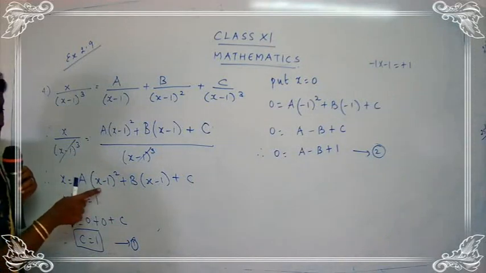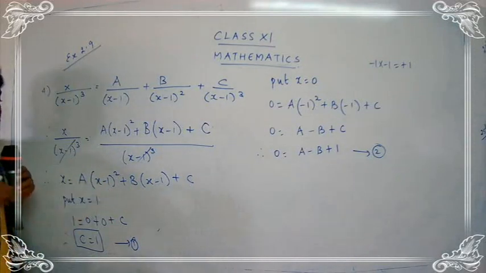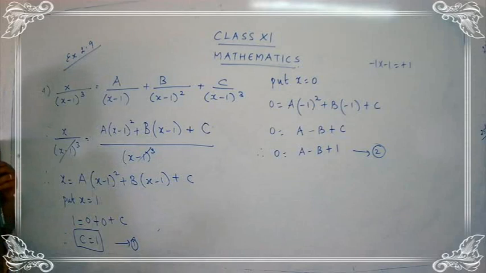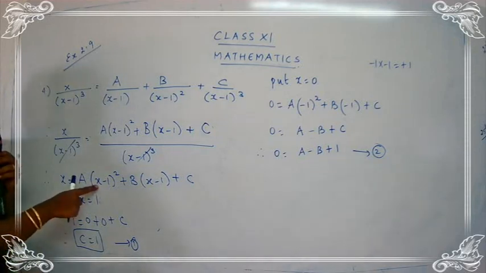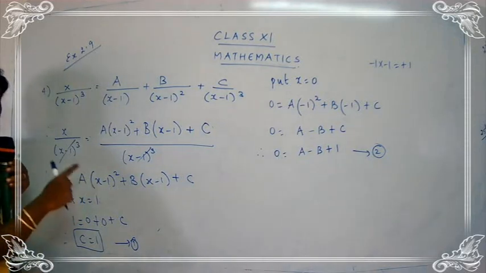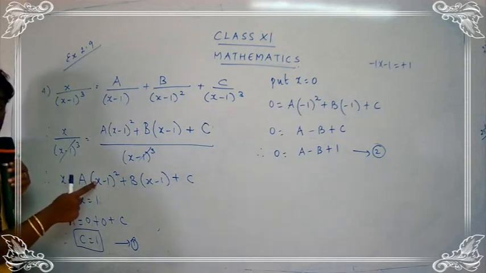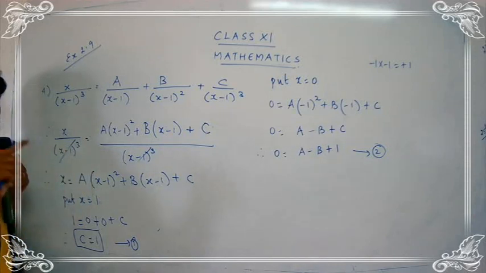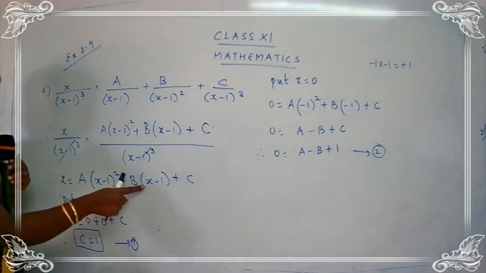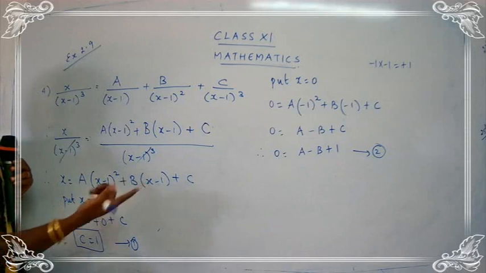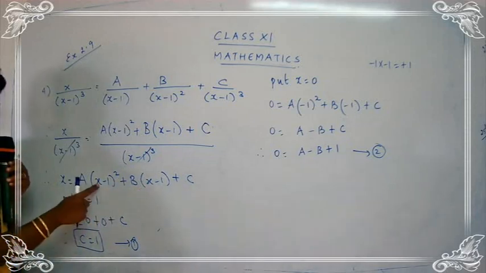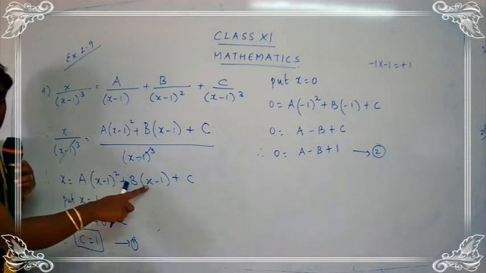Now here, this is x minus 1 the whole square. Okay children? So if you expand it using the identity, you get a square minus 2ab plus b square. Here, if you expand x minus 1 the whole square, you get x square minus 2x plus 1. That means, what is the highest power here? Square. X square is the highest power. Here you have only x term, so that is the smallest term. The highest power is 2 and the next one is 1.